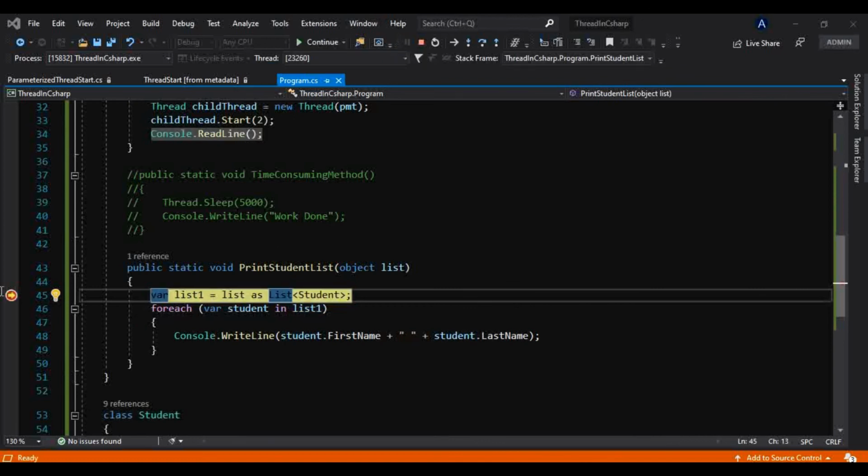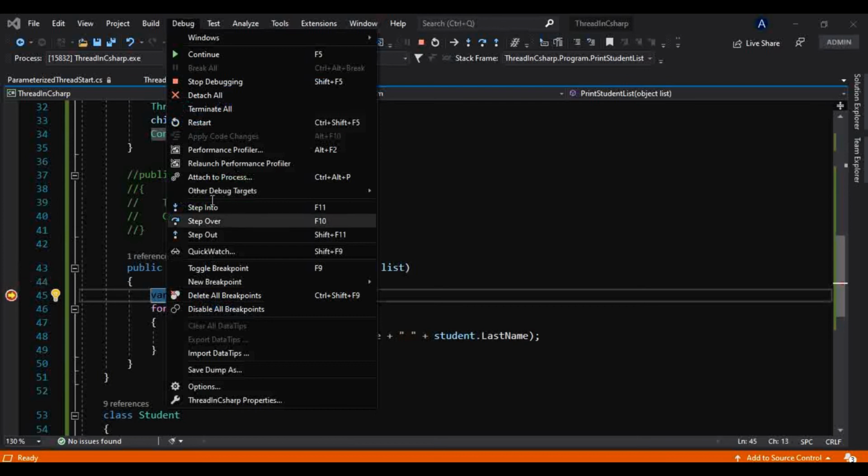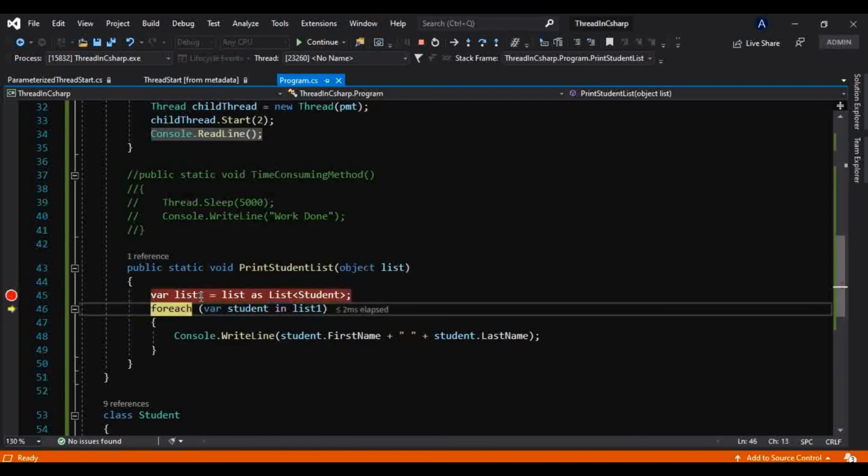Okay, so the execution has stopped at this point, where we have put that debugger. Now if I step into that from here, debug step into, and hover my mouse over here, we can see that the list is nothing but null.